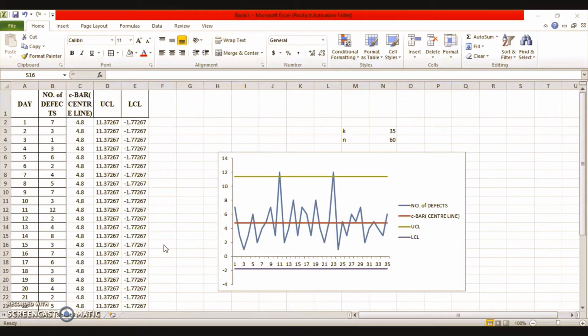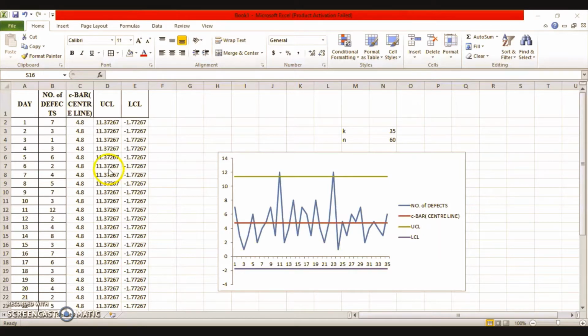So, in this session, we are going to have another problem for the same C chart. In the previous problem, we saw that there were no discarded sample points, and because there were no discarded sample points, we couldn't prepare any revised C chart. So therefore, we take another problem so that we can get some discarded sample points from the data, and then we'll be able to prepare a revised C chart.